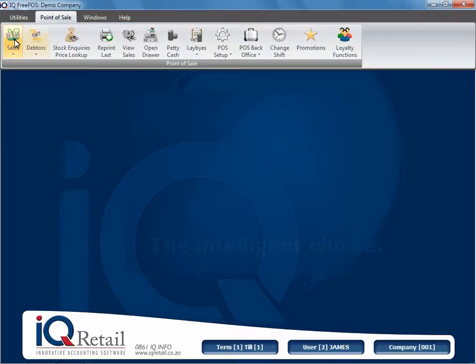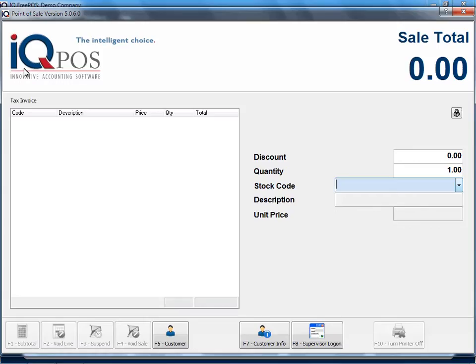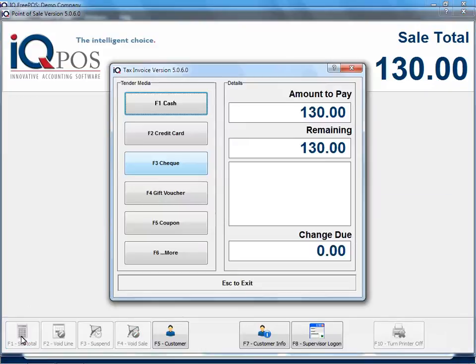Then I'm going to say point of sale, sell, cash sale. I will sell an item to a client. Once I've completed all the items and I've selected all the items that this person is going to buy from me, I'm going to press F1 subtotal. If I click on check,